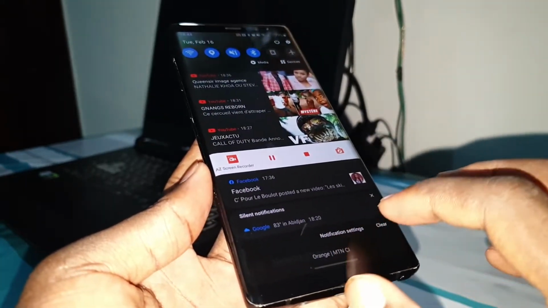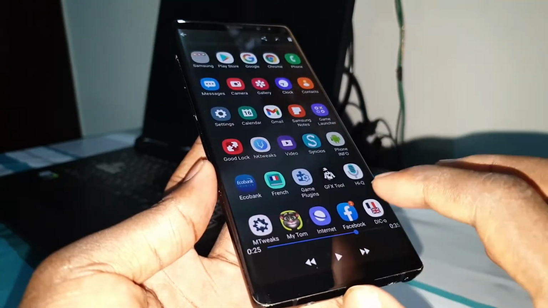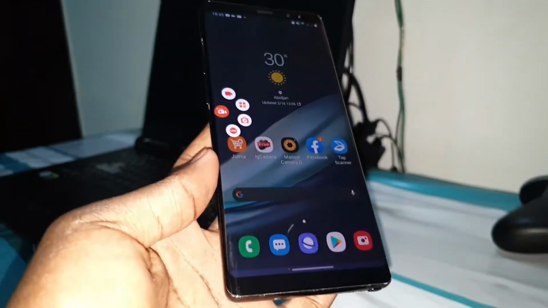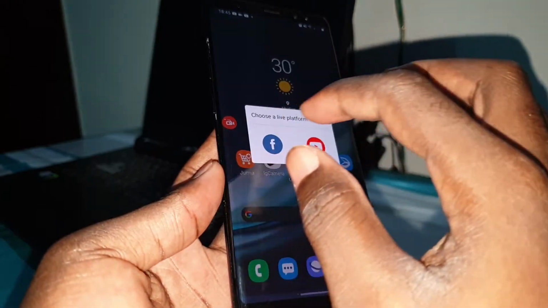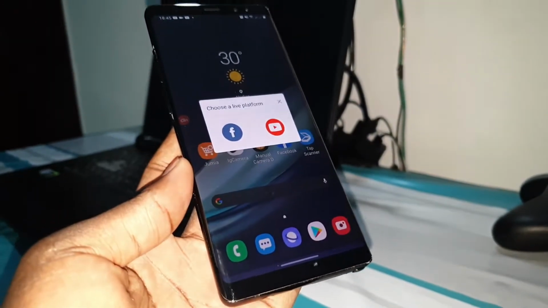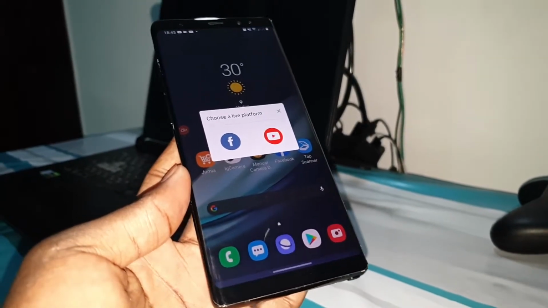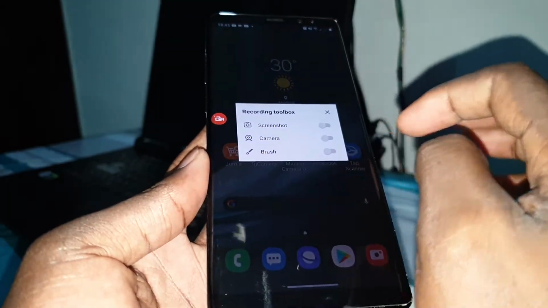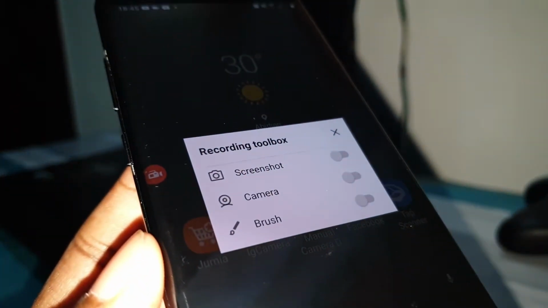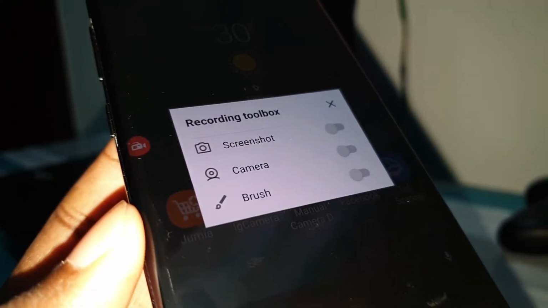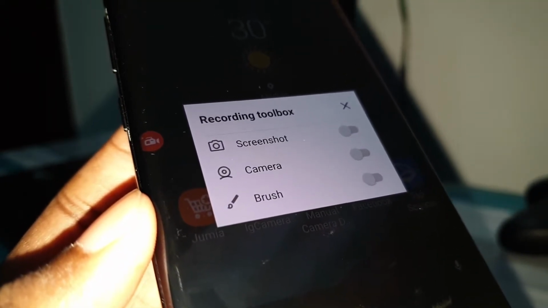Wow. Look at here. As you can see, it's working very well. No problem with this. There are some amazing features inside that you can test yourself, like the face cam. This is good news. In settings, you can see recording, and the toolbox.